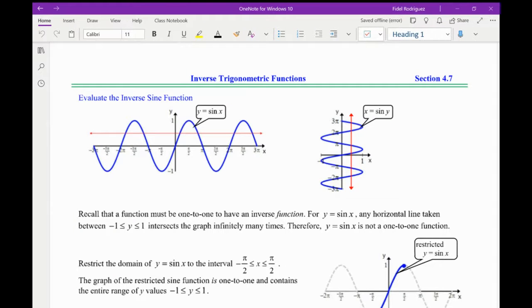Okay, so guys, today the plan is to go through 4.7. 4.7 talks about these things called inverse trig functions. What an inverse function does is it does the opposite, okay? So for instance, if I were to ask you,